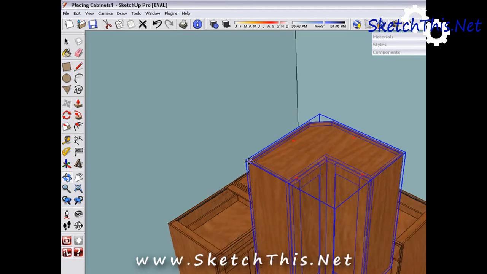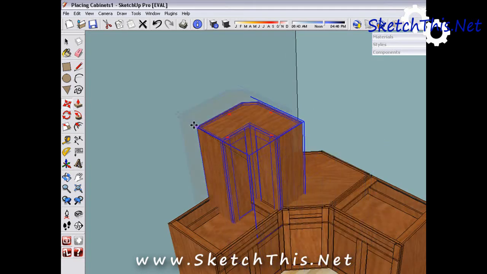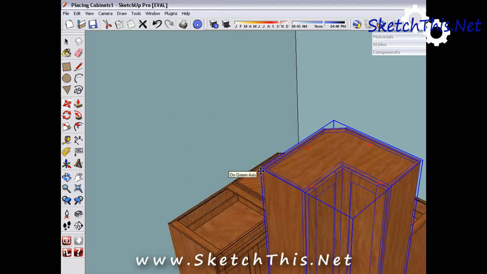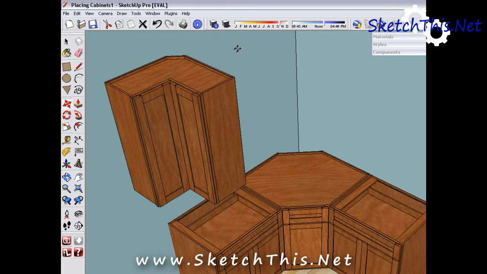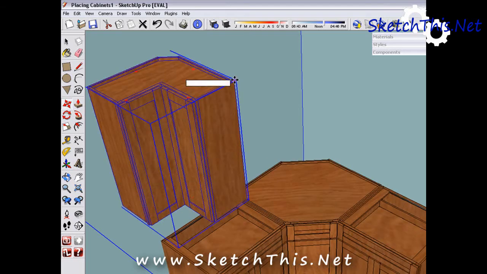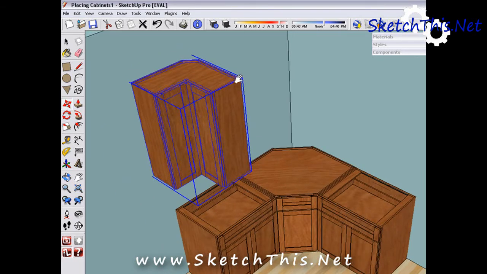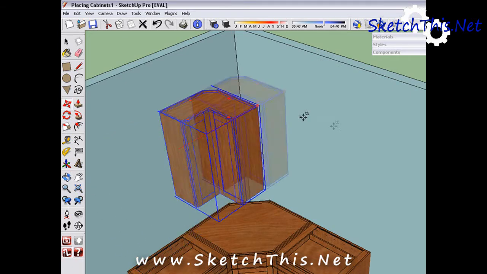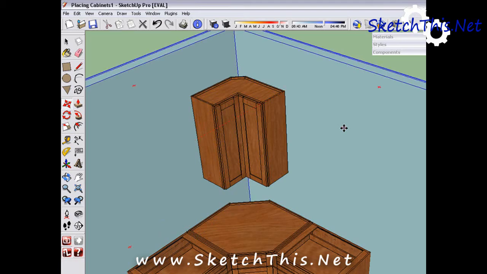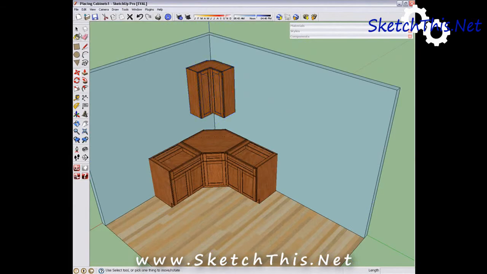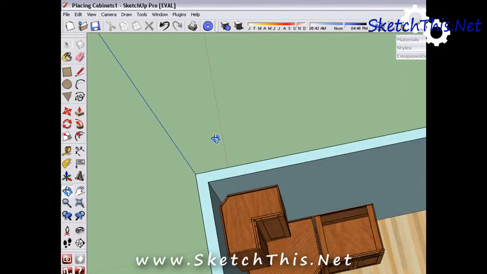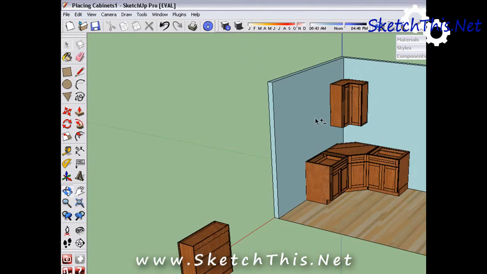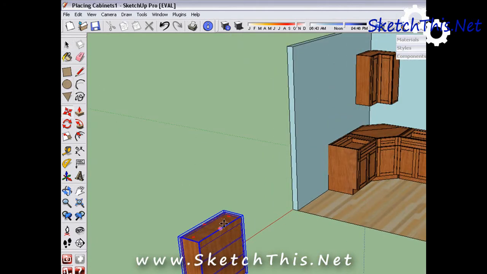Now I can select the back corner, just like we did with our base corner cabinet. As you can see, it's moving along the green axis, so I'm going to tap the left arrow, touch the wall, select the other back corner. This cabinet's moving along the red axis, as you can see. So I'm going to tap the red arrow and touch this wall. And there we are. Now I've got our wall cabinet placed perfectly on the wall at the exact elevation that I need. I can take my Move tool again, clicking on the plus,